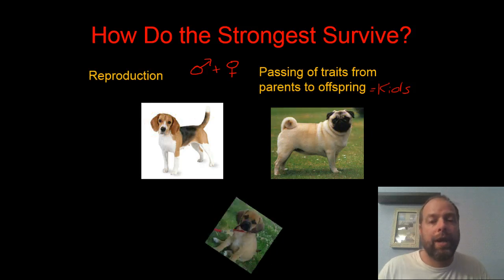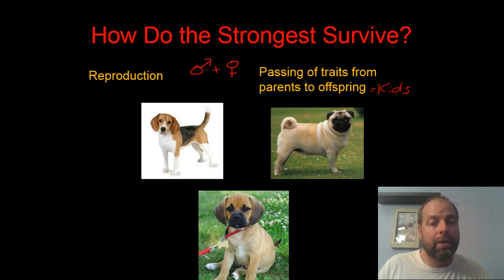And we do have that example. This is called a puggle. Okay, and again, you see the traits of the dad, the floppy ears. If you look closely, you can see the tail. So we picked up some of the traits from the dad, and we picked up some of the traits from the mom. The punched-in nose and the fur color came from the mom.